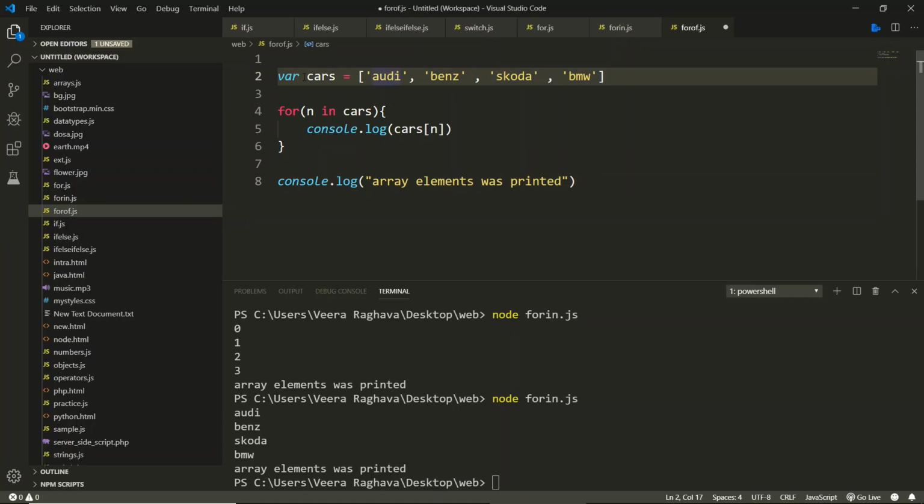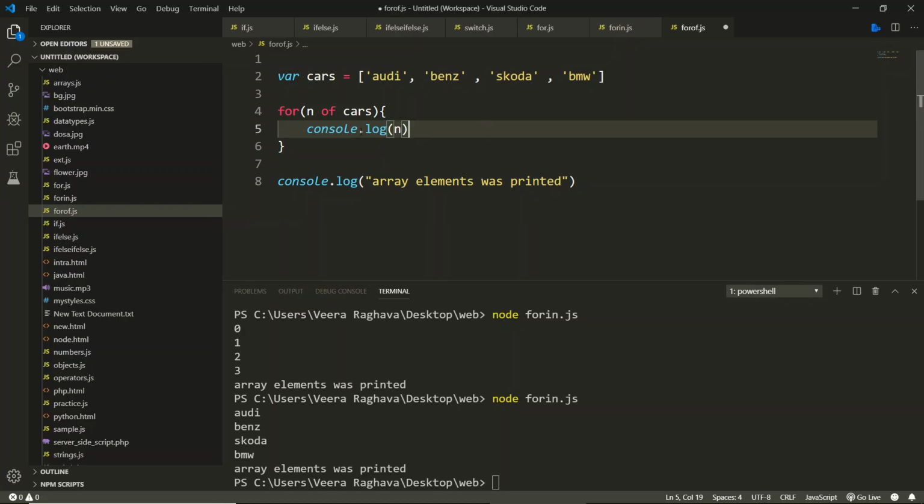Okay, cars, it is an array. Now instead of in, I am just putting of, that's it. For n of cars, what this will do, it takes the first element and loads it inside the n variable, then it will go and print